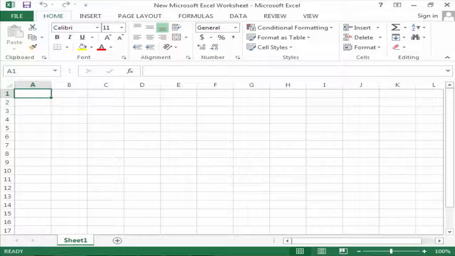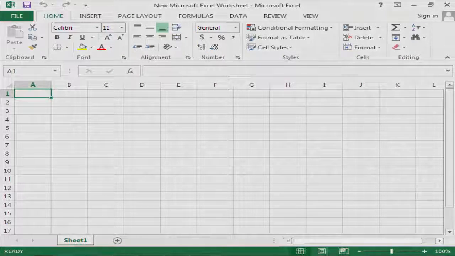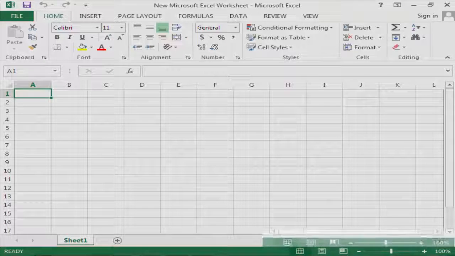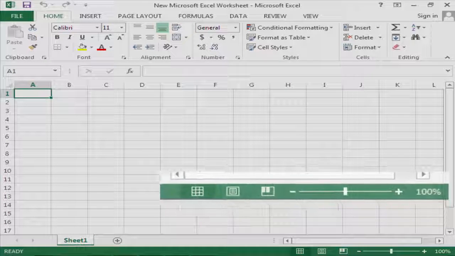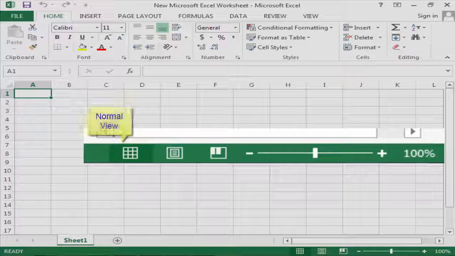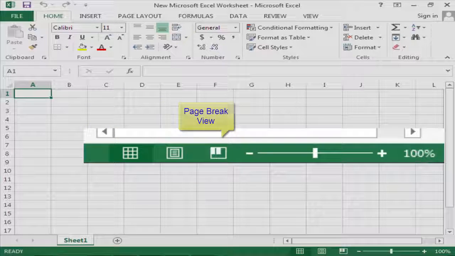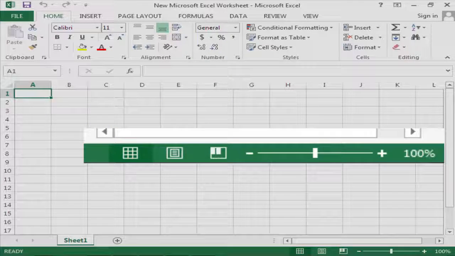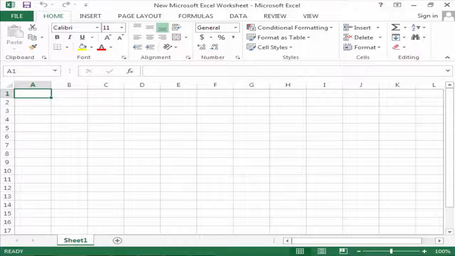Worksheet Views. Excel 2013 has a variety of viewing options that change how your workbook is displayed. You can choose to view any workbook in Normal View, Page Layout View, or Page Break View. These views can be useful for various tasks, especially if you're planning to print the spreadsheet. To change worksheet views, locate and select the desired worksheet view command in the bottom right corner of the Excel